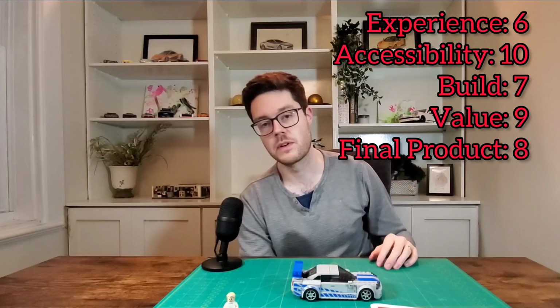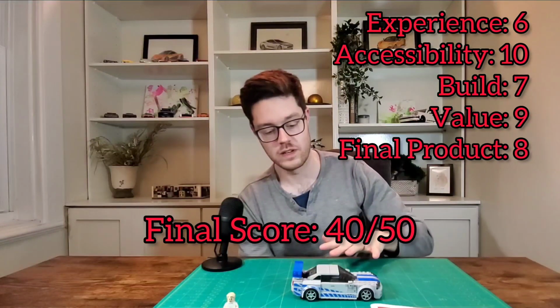I'll flash the score up on screen, but I really enjoyed it. It was well worth the wait, and if you're on the fence about it, I would encourage it. I think it's excellent. Really good build, really good final product if you're a fan of JDM cars or a fan of the Fast and Furious franchise. If you just like the car,